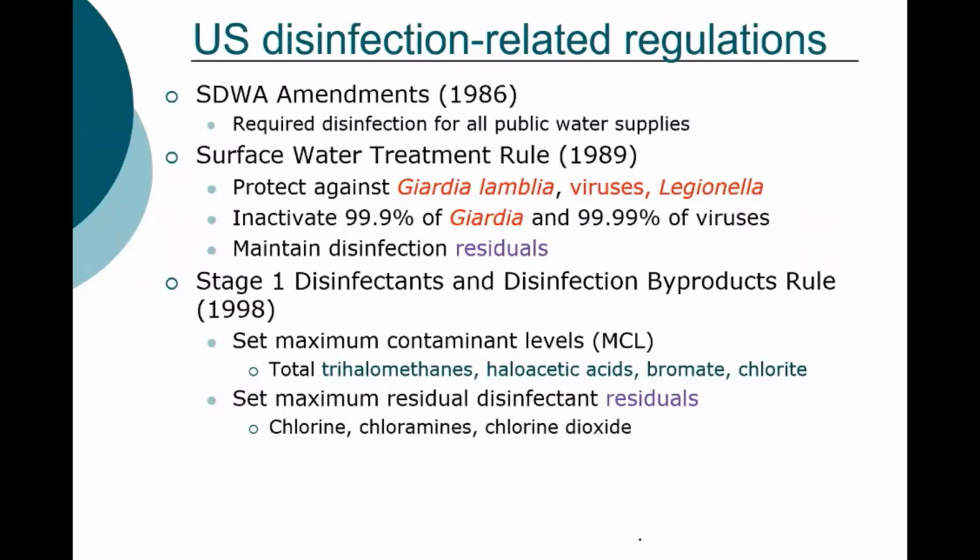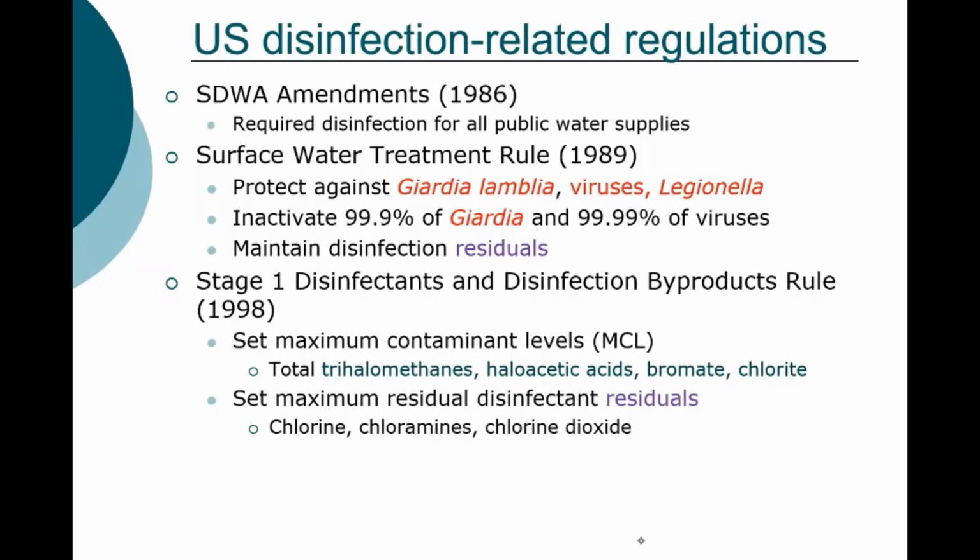So looking at drinking water regulations, it might be surprising to realize that it wasn't until 1986, 34 years ago, that all public water supplies were required to disinfect. Groundwater systems are required to disinfect. They're not required to maintain a disinfection residual, because the requirement to maintain disinfection residuals is under the surface water treatment rule. In 1989,